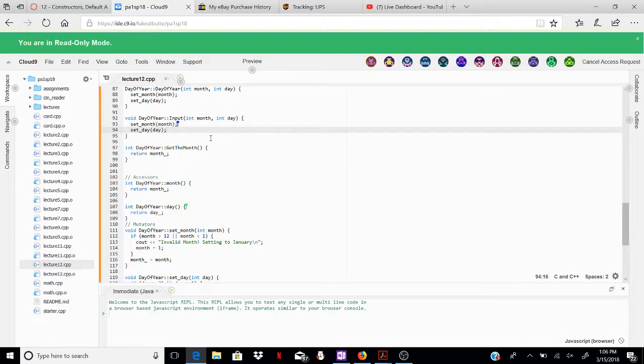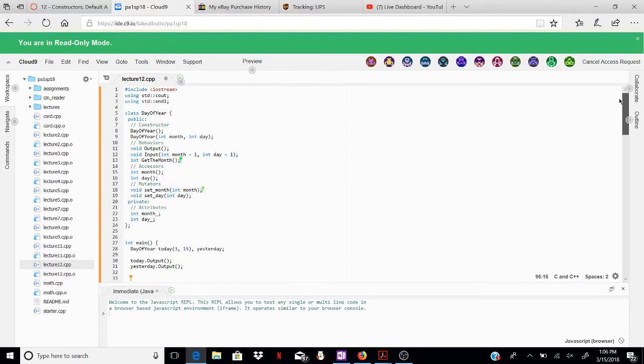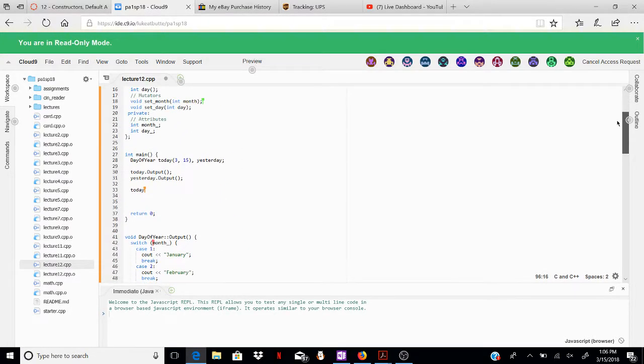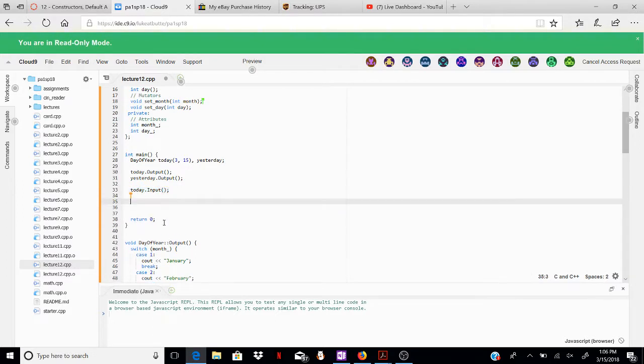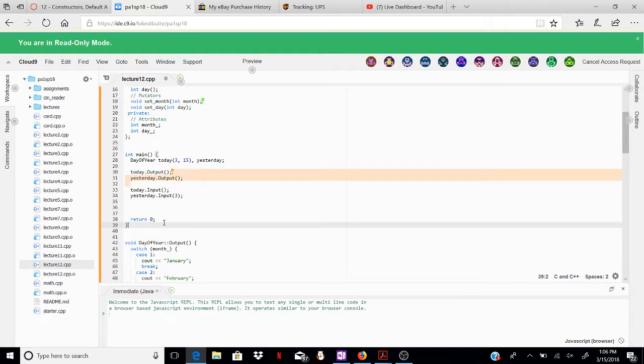What does it allow me to do now? Call the function in different ways. And so now I can put the dates, then I can say today.input, right? I could say yesterday.input, and then just pass in like a 3. And then when I duplicate these,